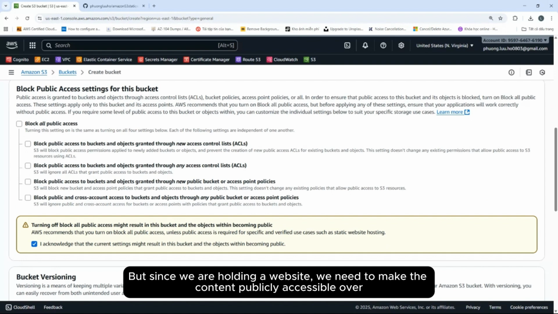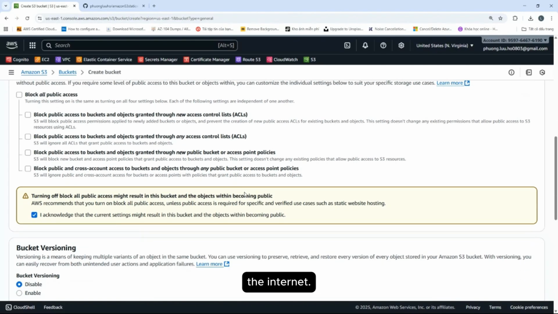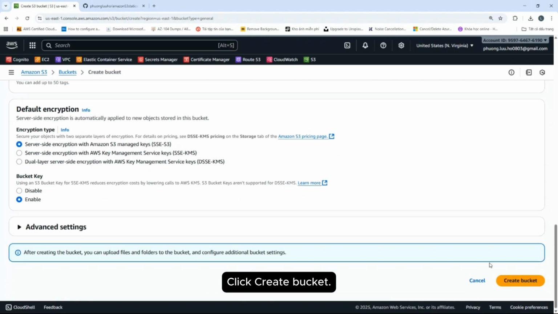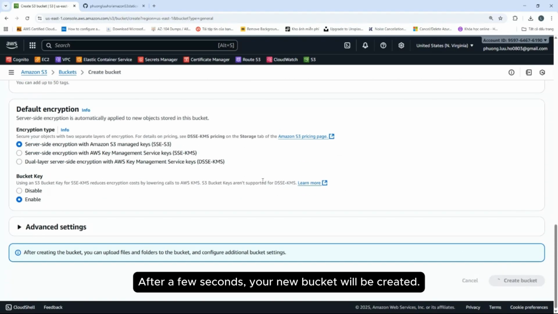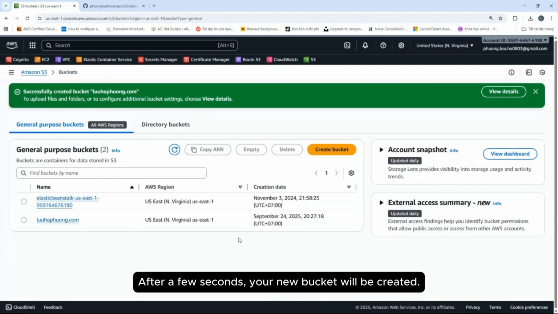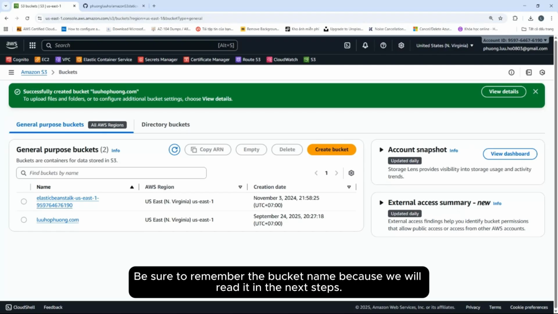But since we are hosting a website, we need to make the content publicly accessible over the internet. Click Create Bucket. After a few seconds, the new bucket will be created. Be sure to remember the bucket name because we will need it in the next steps.